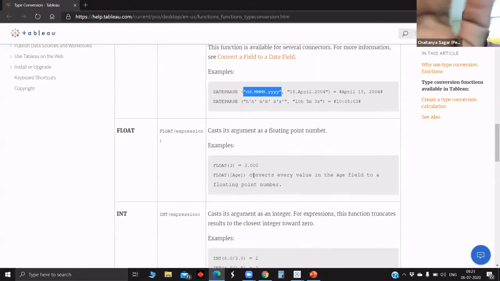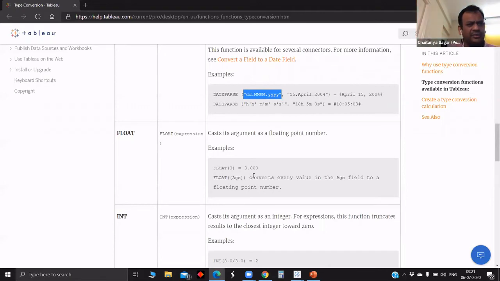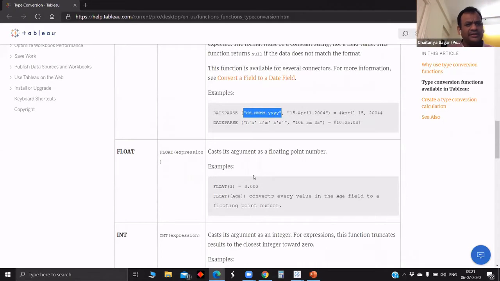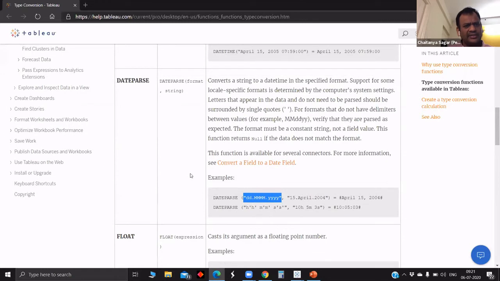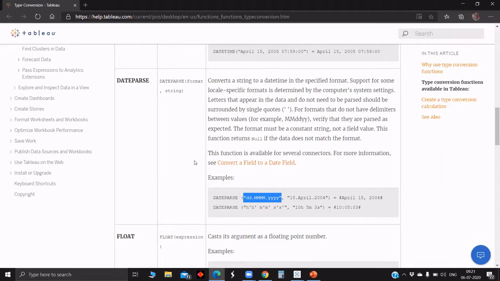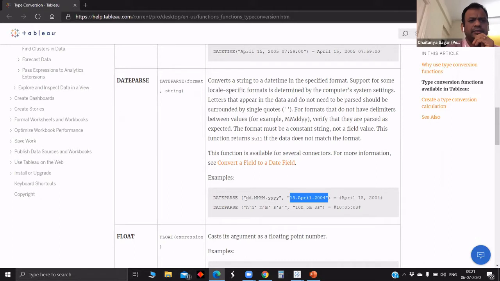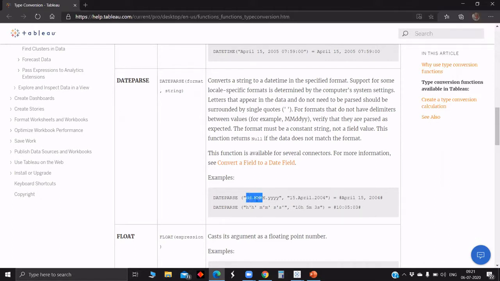Jairam, just a quick question. What's the main benefit of date parse? Does it extract hours or minutes or seconds out of it, or what exactly does it do? Yeah, so for example here the input is 15 April 2004, and we have given the date parse format as ddmmyy. That's why the output will be in the form we expect.